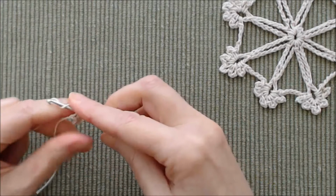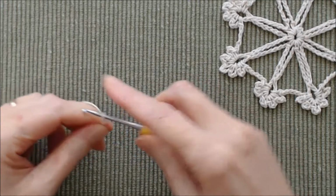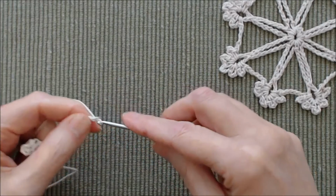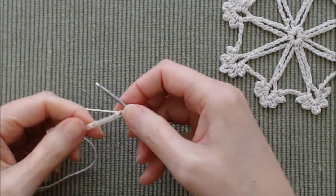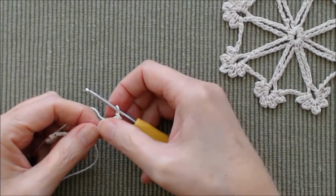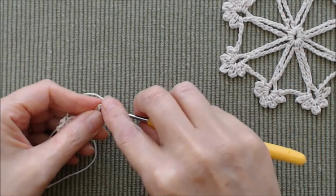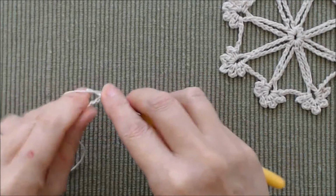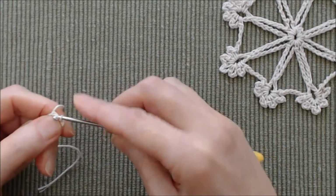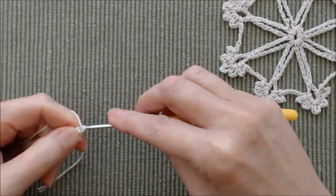Now you will chain 14. So I'll just fast forward here, and that's 13 and 14. And then you'll count back 7 chains from your hook, 7, and going into the 7th chain, going into the 2 loops. There's sort of the side loops there, the top and the side, and you'll do a slip stitch to create a ring. Then you'll chain 7,